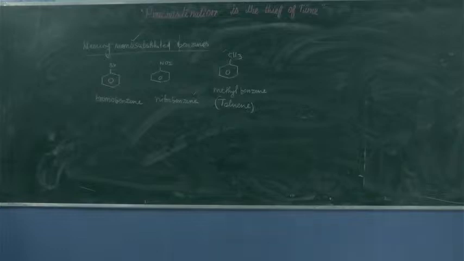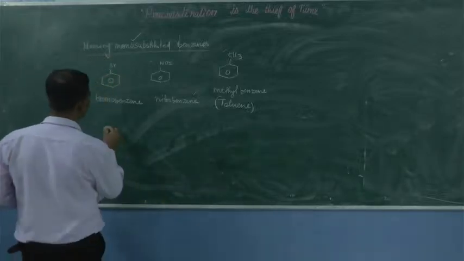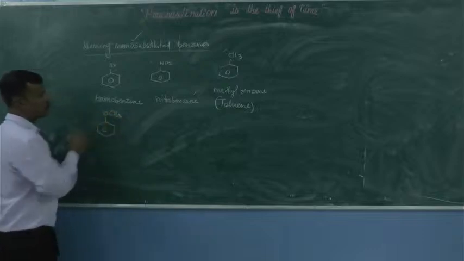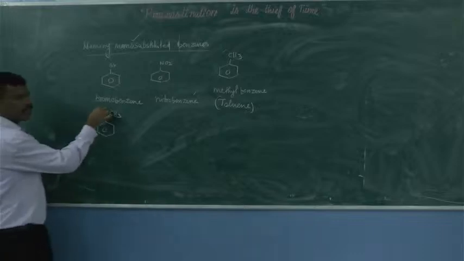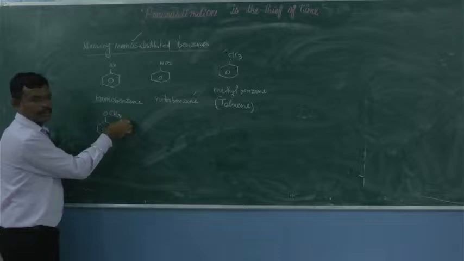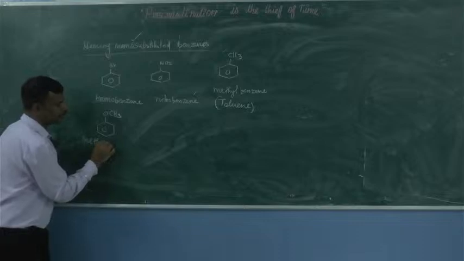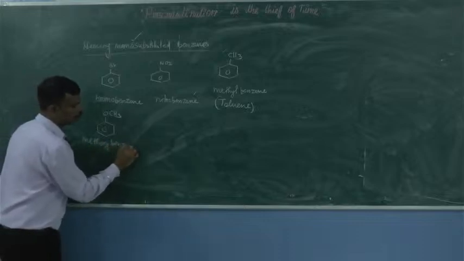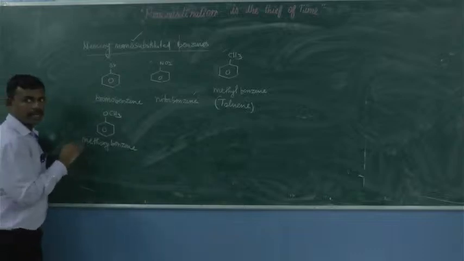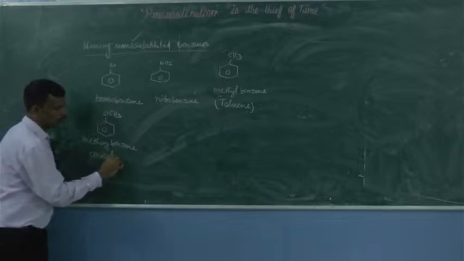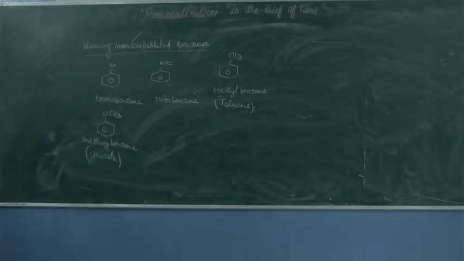Is it clear? Yes. Next we have this one. OCH3. What is the name of this prefix? Alkoxy. Methyl plus oxy, methoxy. So methoxy benzene. Is it clear? It is a common name that is accepted by IUPAC. So it is going to be anisole. The name is anisole. We have to remember. Is it clear? Yes. Next we have